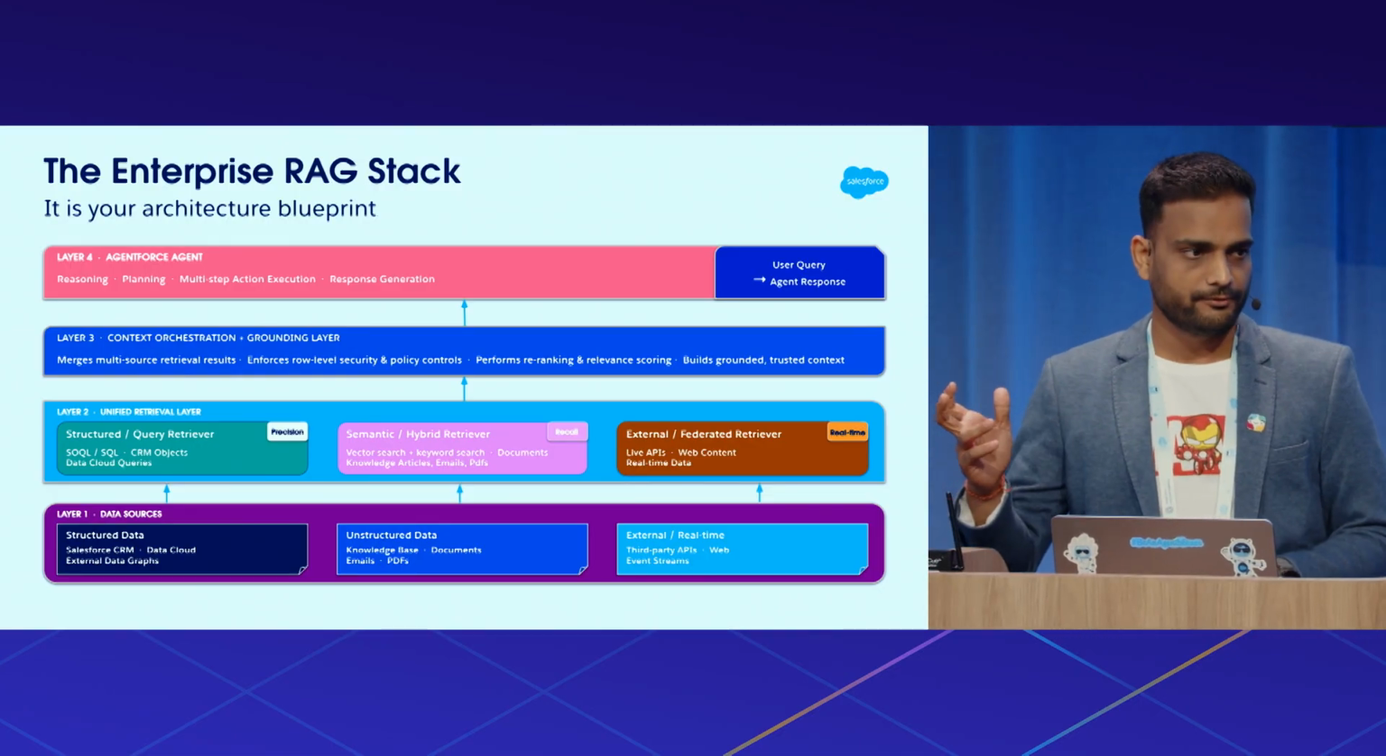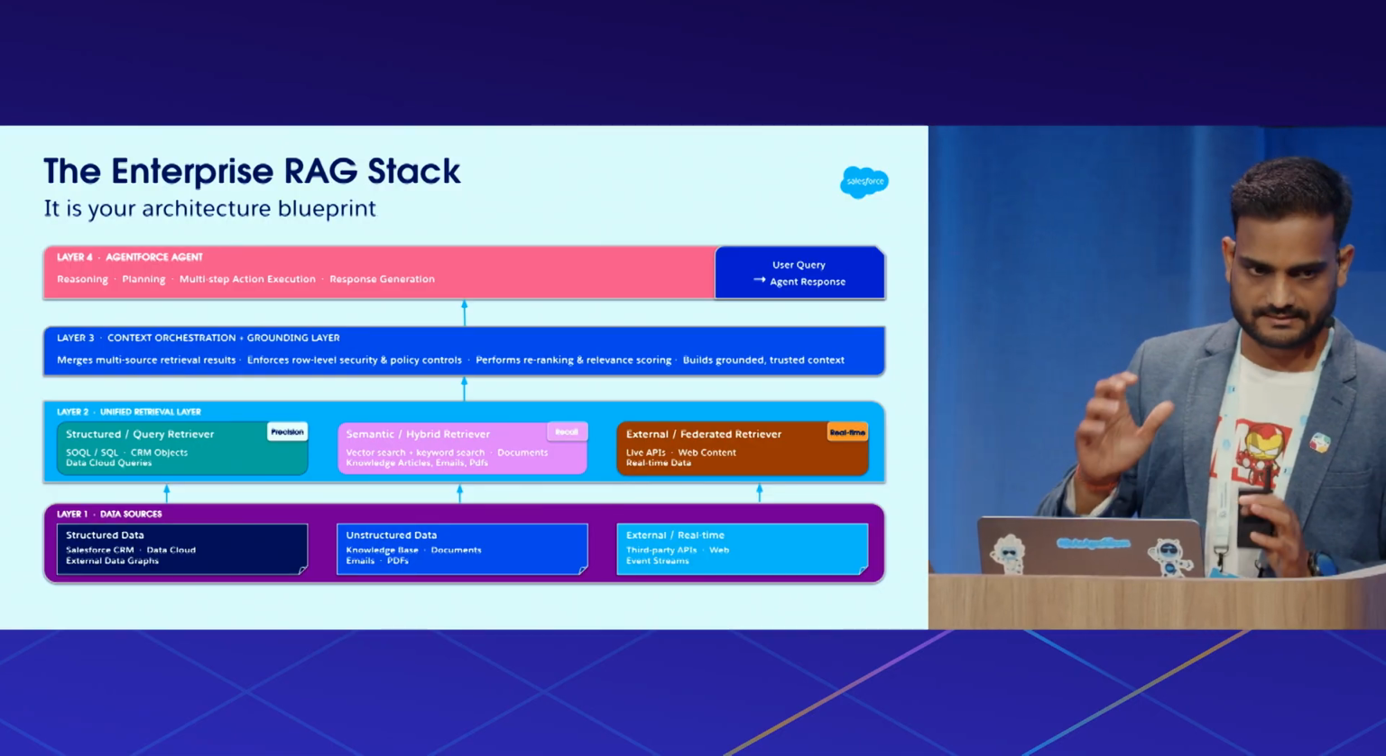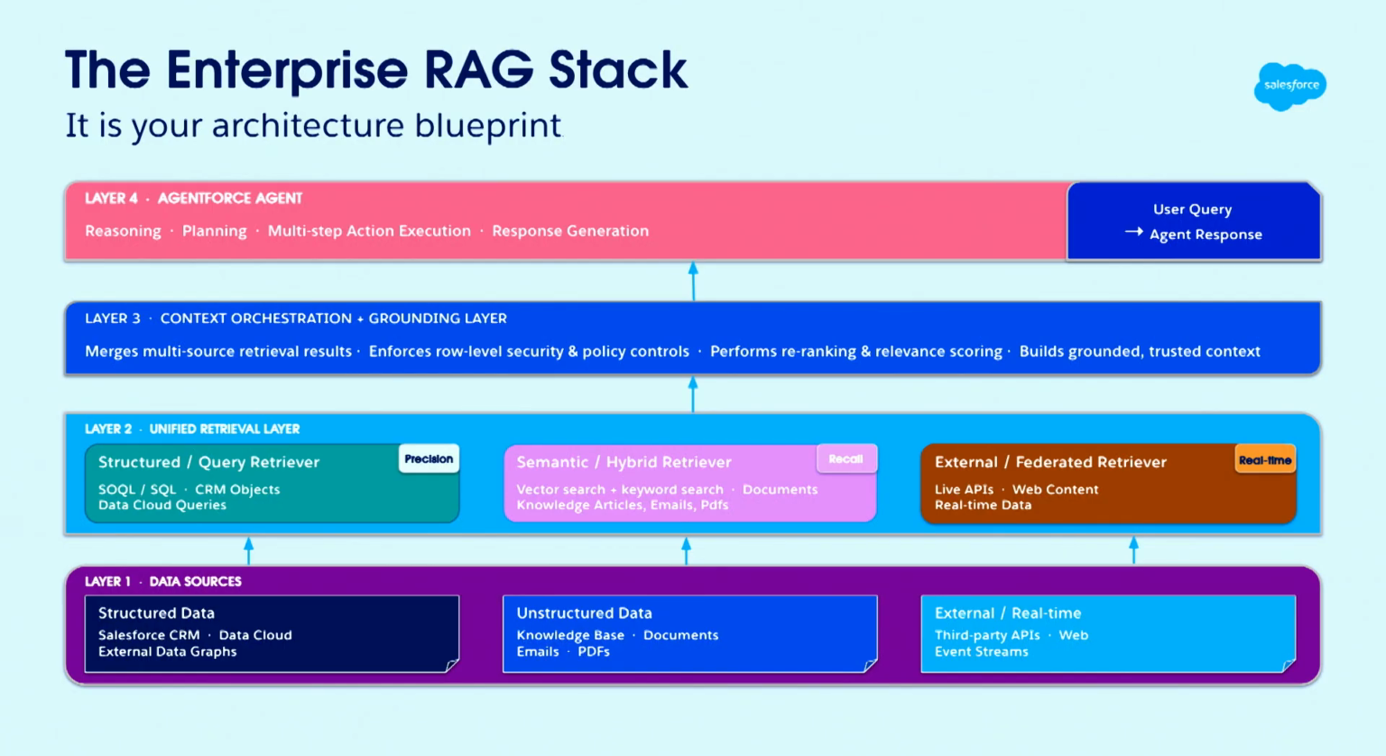If you can, take your phone and take a snap, this is very critical. This is going to be your architecture blueprint for building an enterprise RAG stack. We have built it bottom-up, from layer 1 to layer 4. As you can see, layer 1 is our data source, which consists of structured data, unstructured data, and external or real-time data. Then we have the unified retriever layer, which consists of 3 different retrievers: structured or query retriever, semantic hybrid retriever,